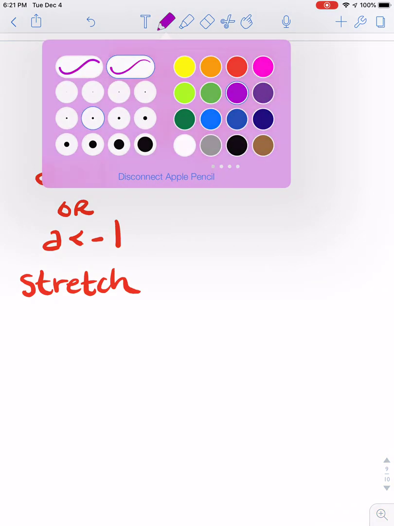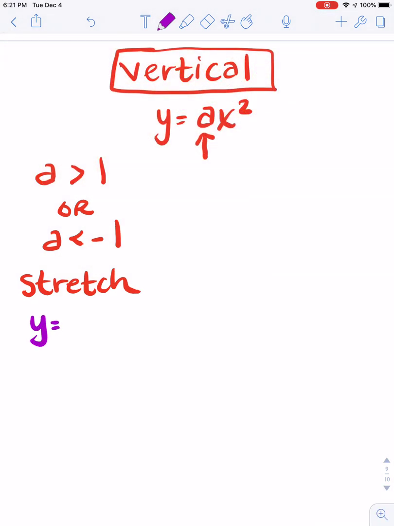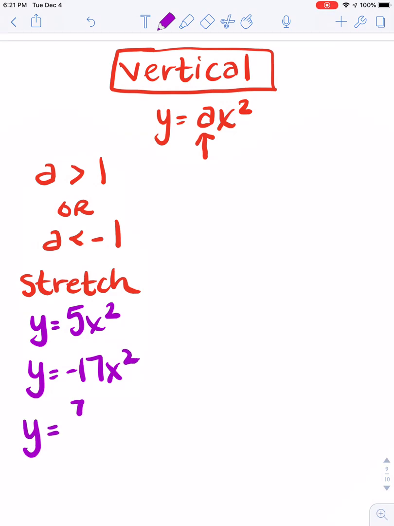Now that means things like y equals 5x squared, y equals -17x squared, y equals 7 over 5x squared. All of these would be considered to be a vertical stretch because I'm looking at just this number right here